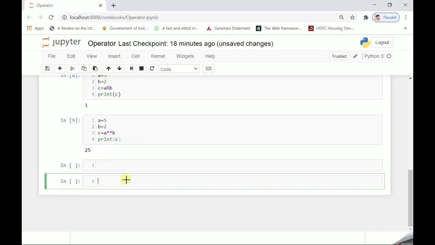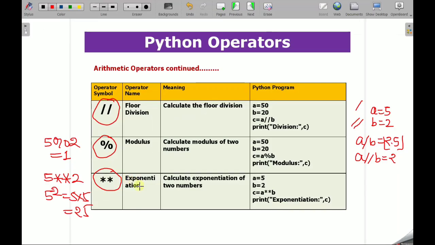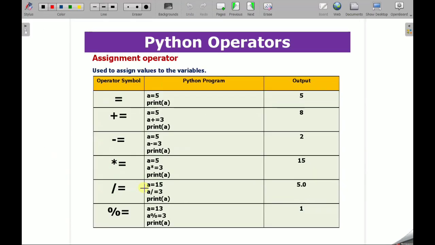Now I am coming to other operations, the assignment operators. Basically, assignment operator means if I am writing A equals 5, that means the value 5 is assigned to A, or if I write A equals 5.5, that means 5.5 is assigned to A. So equal to is normally treated as the assignment operator, but along with this you can perform other operations in a very simple way.